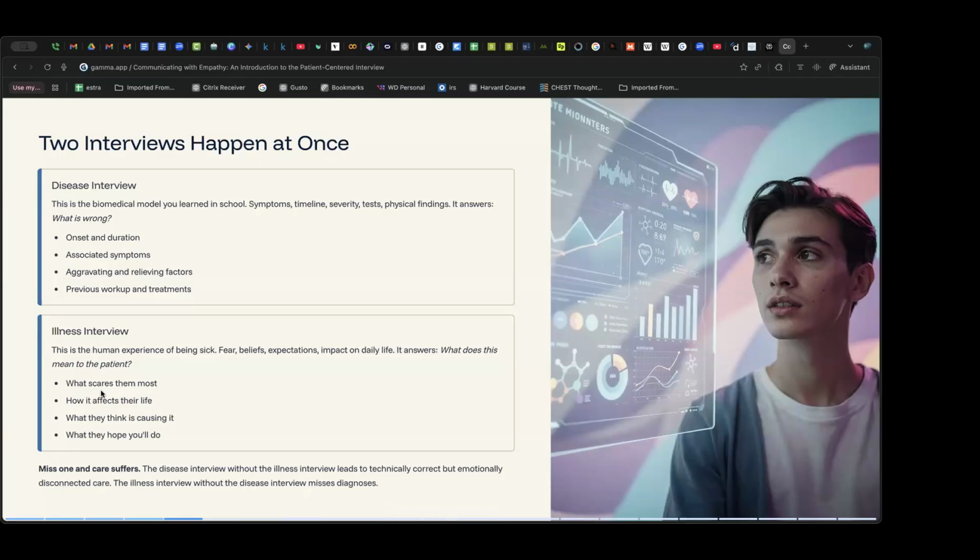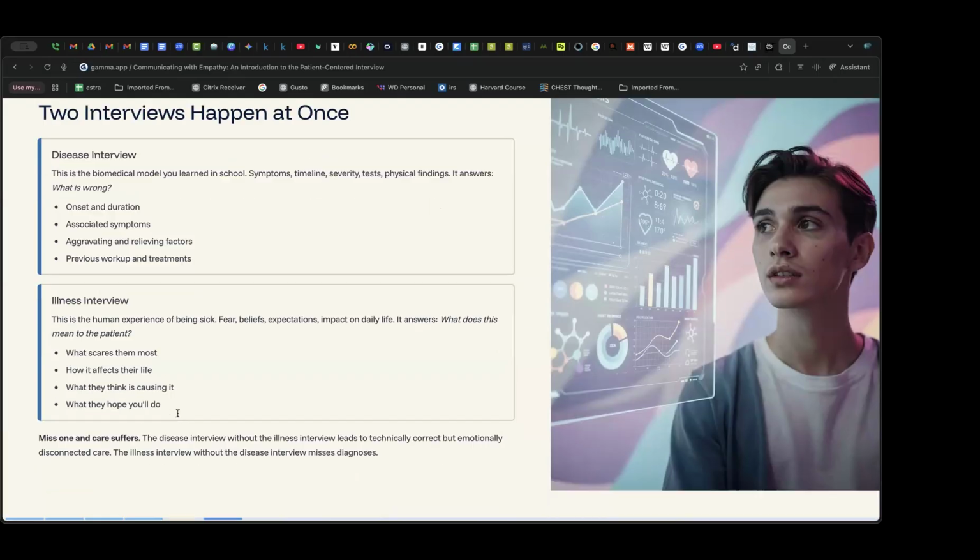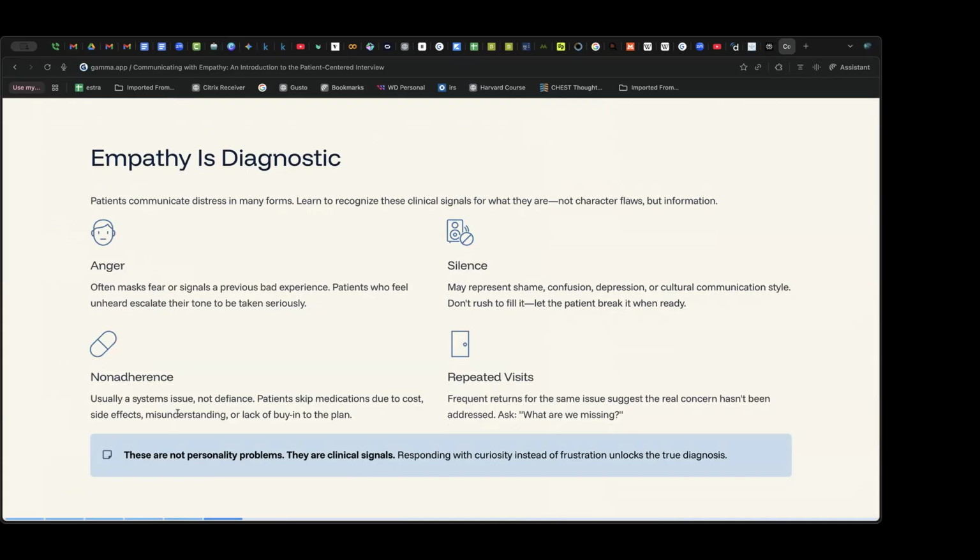They go hand in hand when you ask your patients. And empathy needs to be a diagnostic tool, which means that empathy is diagnostic. Patients communicate distress in many forms: anger, silence, repeated visits,